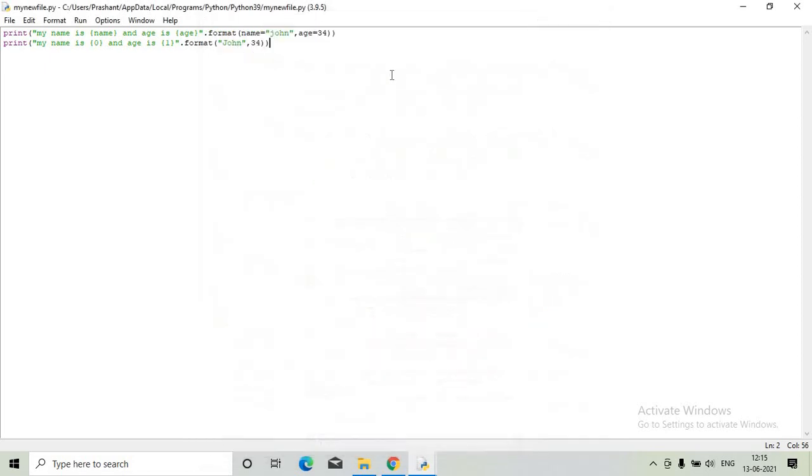You can also have empty placeholders. How to do this? Here, name is, with empty placeholders, dot format.